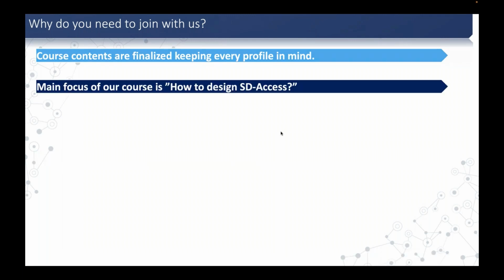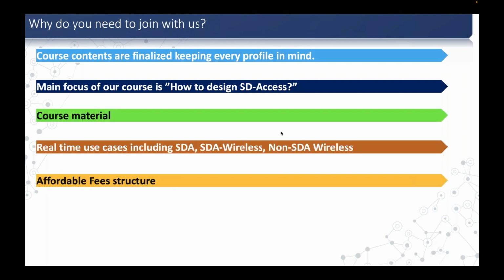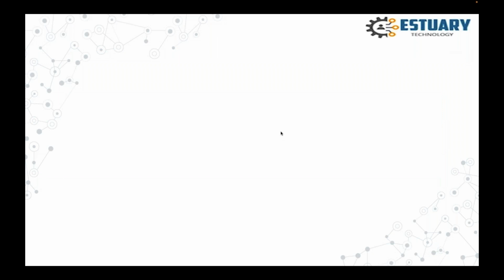All the course contents will be provided to you. Course material will be available, and then you get SD-Access wireless. There are labs available on dCloud which we will use to show you a demo, as well as a simulation called EVE-NG which will be used for SD-Access. Let's say, for example, you want to learn LISP, we will show you a LISP demo as well. We will go through a VXLAN demo and a TrustSec lab, and then you will understand overall how TrustSec works, how Identity Services Engine works, and everything.